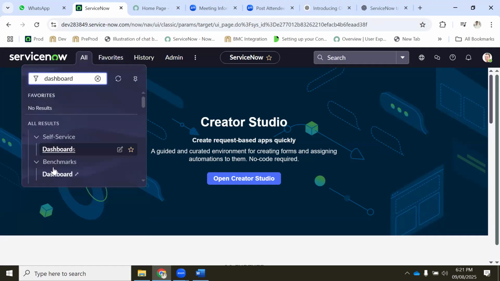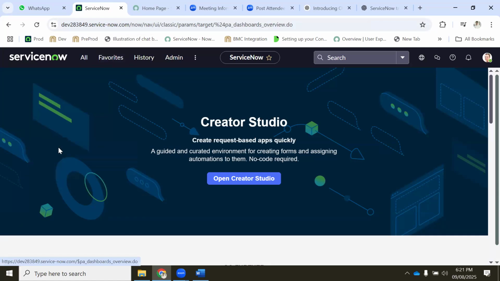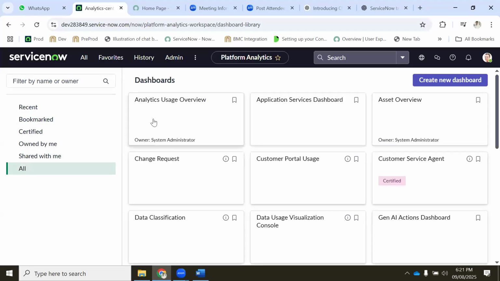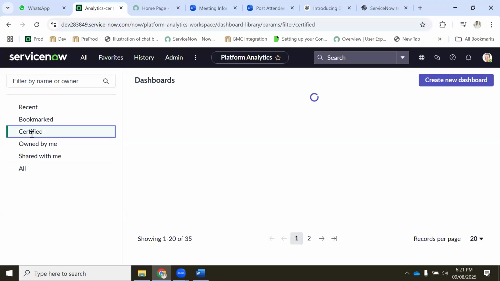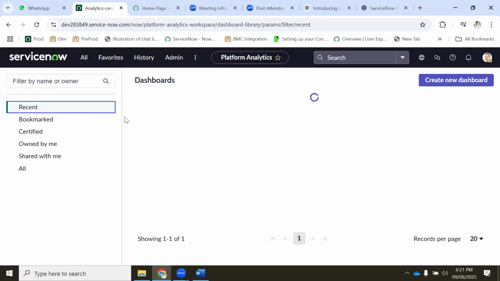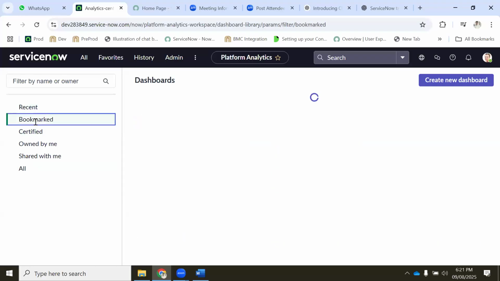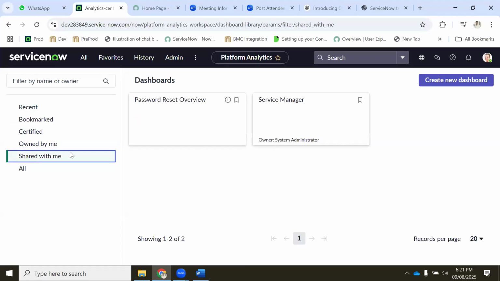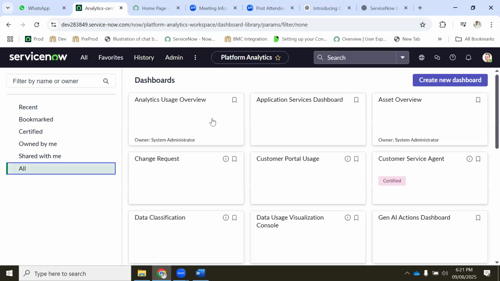So we spoke about dashboards, correct? Whenever I'm clicking dashboard, it automatically opens some dashboards. So these all are the recent dashboards. There are no dashboards because it's an OOB instance, correct? So there is not much data in it. This is one of the dashboards. We will create one dashboard and we will see that. Okay. So now,